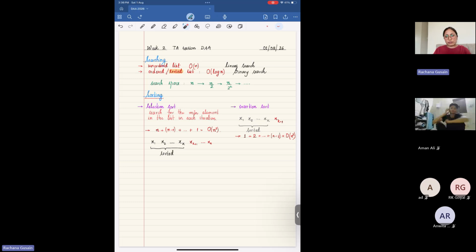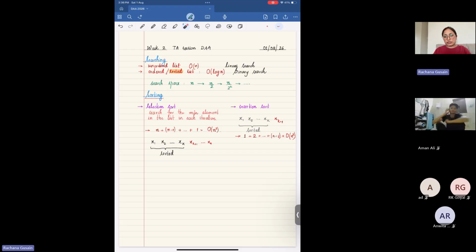X1 is the smallest element in the selection sort. Here, x1 need not be the smallest element in the entire array in the case of insertion sort. So x1 is the minimum element, x2 is the second minimum element. Right? So after k iterations, the sorted sublists that I obtain are essentially the first k smallest elements in